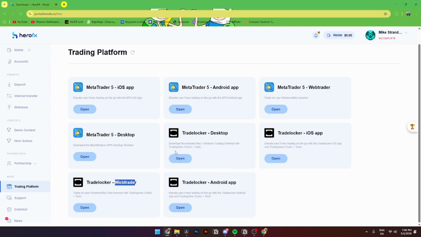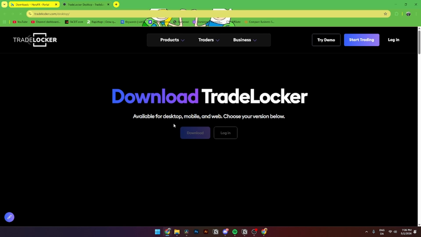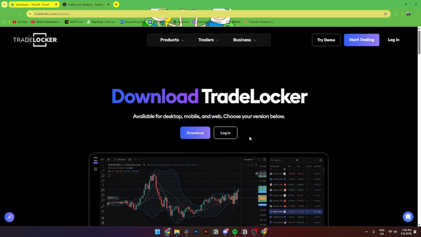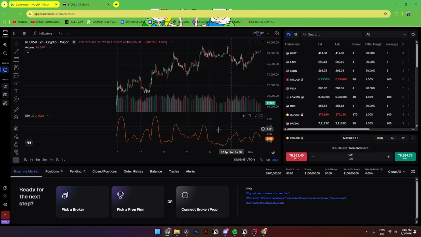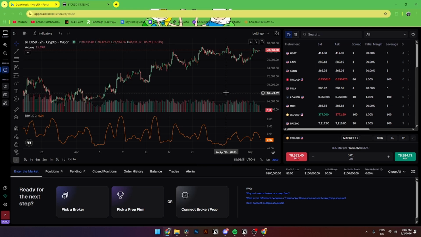From here, you'll simply need to click Open Desktop, and from here, it should be looking something like this. Now from here, you'll need to go into Login. And once from here, you'll be able to see a chart where you can actually trade with specific symbols using HeroFX. From here, you'll simply need to scroll down until you see Internet Market, and from here, you'll need to